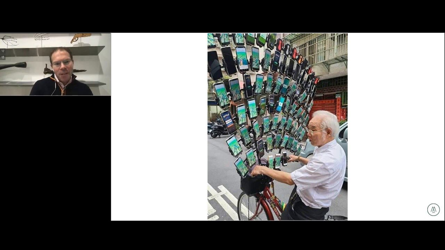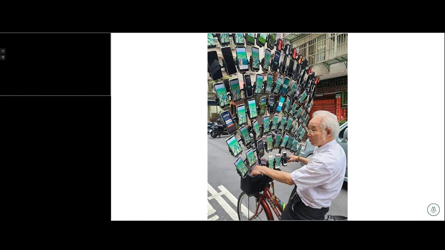So the image you're seeing right now is a well-known man in Hong Kong who is currently playing Pokemon Go across 96 different phones. Apparently he's a well-known public figure riding his bike around. But as you can perhaps see here, if the video will play in a moment,